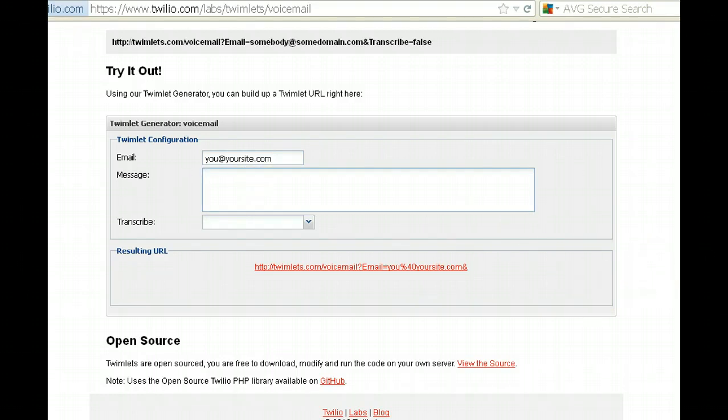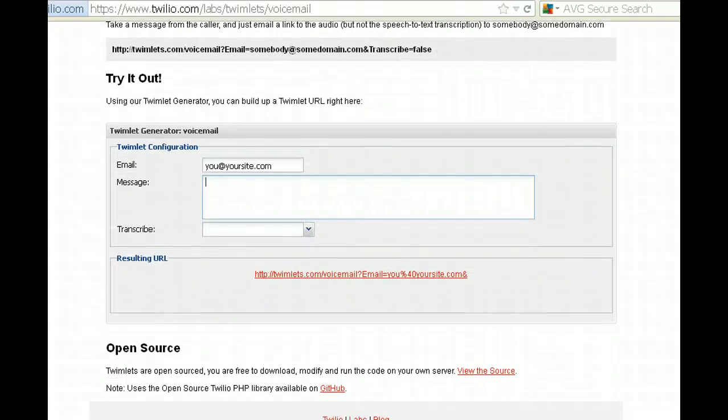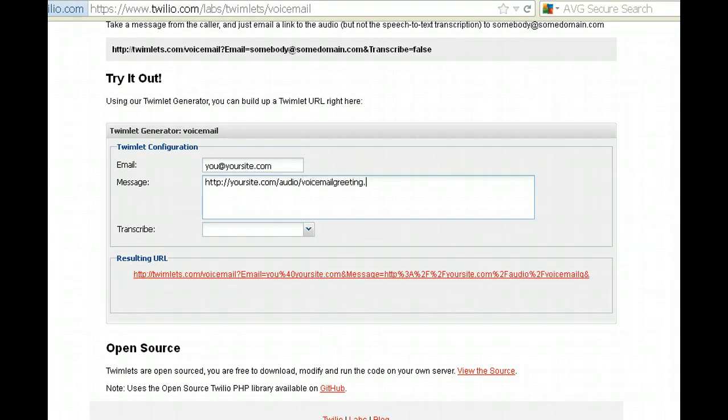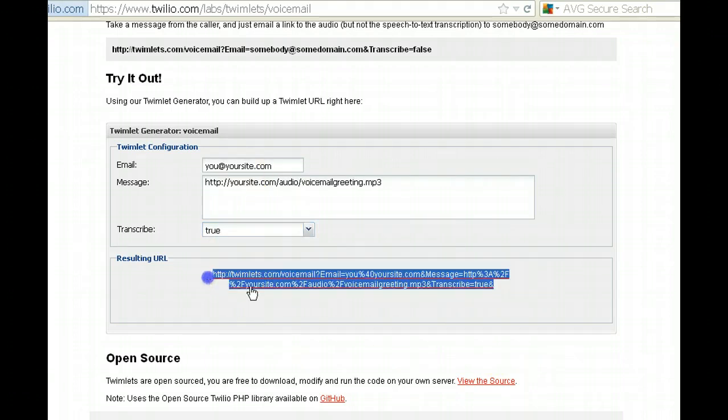So here's the message. You can either type a message, or I would use an HTTP URL. http://yoursite.com/audio/voicemail greeting.mp3. This is just an example. So when somebody calls, they're going to hear that, and that could just be you. Just make that in Audacity and then upload it to your server like that. Now, do you want it transcribed? I would imagine you maybe do. Just put true. And what happens is you just get a long URL. So all I need to do is copy that URL